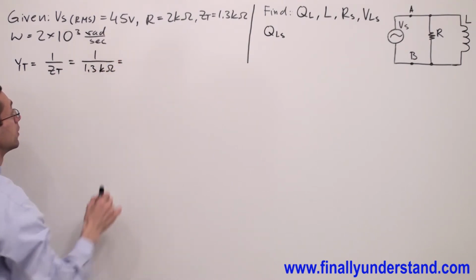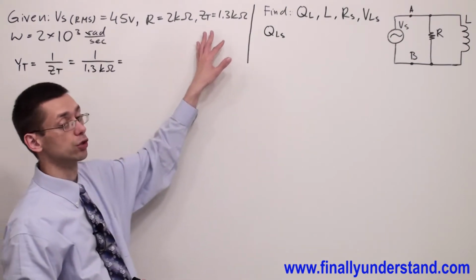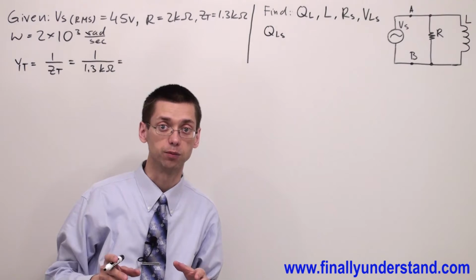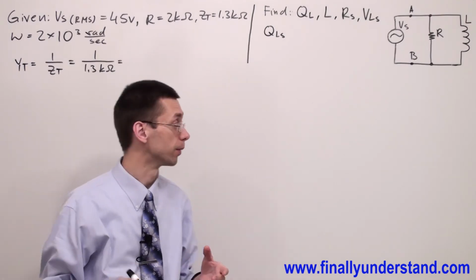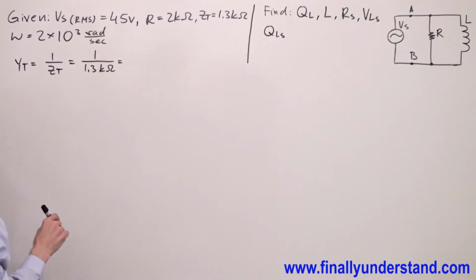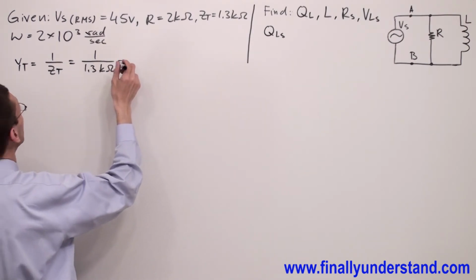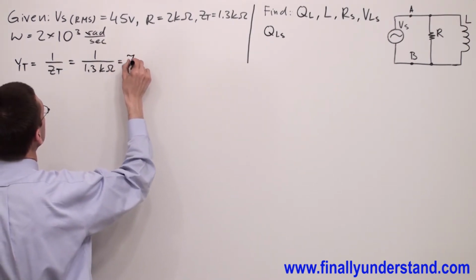Please notice that the value of Z total is not complete because we are missing angle. But angle we are going to find later on. So if 1 over Z total is equal